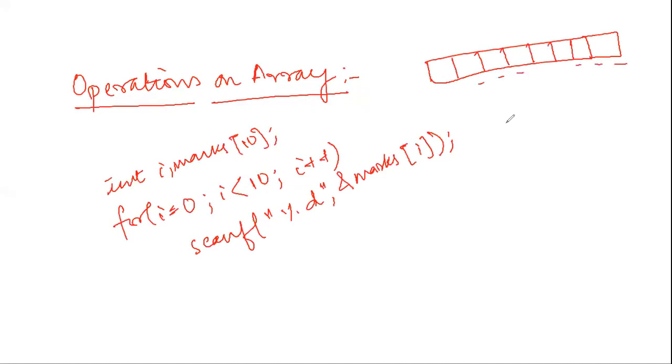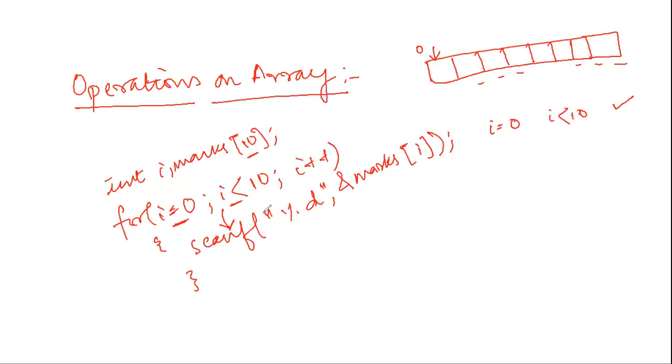Now my counter will start from i equal to 0. When i equals 0, it will indicate this place because this is the 0th index. First this is initialization, then it checks that i is less than 10, that is, less than the maximum size of my array. If the condition is true, it will enter the for loop. Inside the for loop there is this statement. I haven't used brackets because if there is only one statement pertaining to a loop, we do not use brackets. So once it is true, it will move on to this statement and take the input from the user.